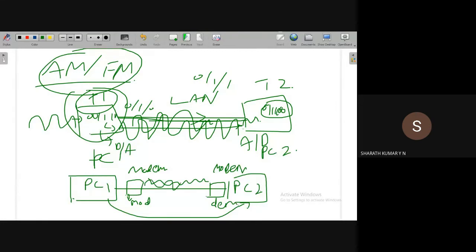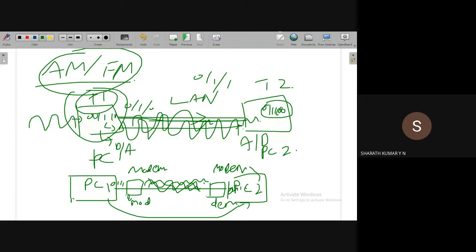PC1 sends the data in terms of zeros and ones. The modem has to convert it into analog form and transmit it. At the receiving side, this analog signal is received and converted into zeros and ones, which are stored in the PC.